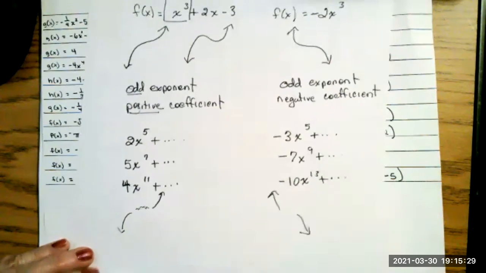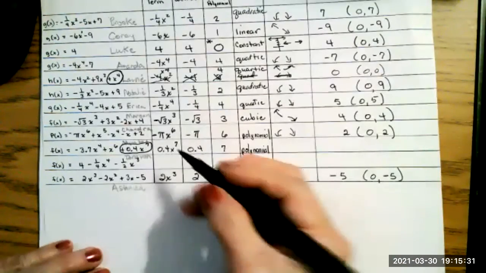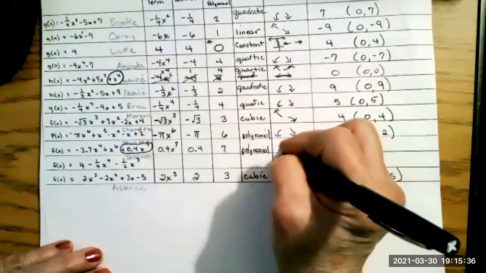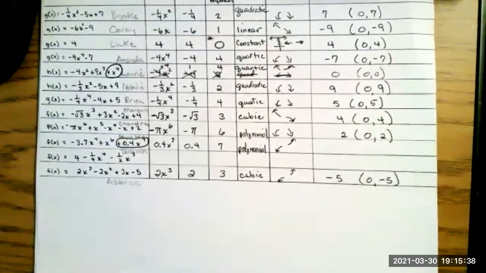You see that? Yeah, I see it. Ours is odd and positive. So one goes up and one goes down. Okay. Now, how about